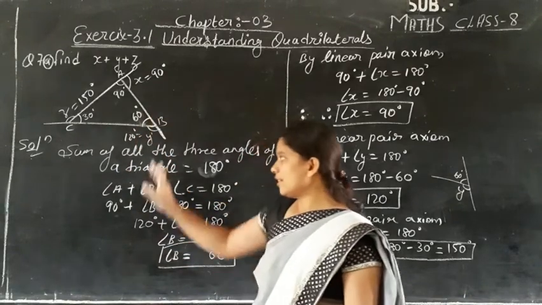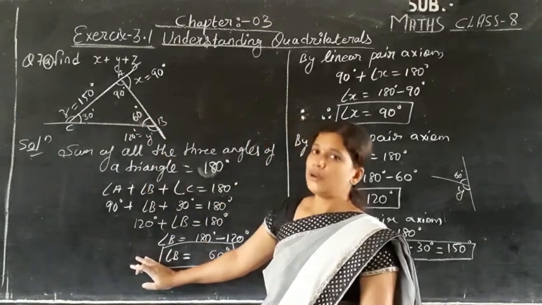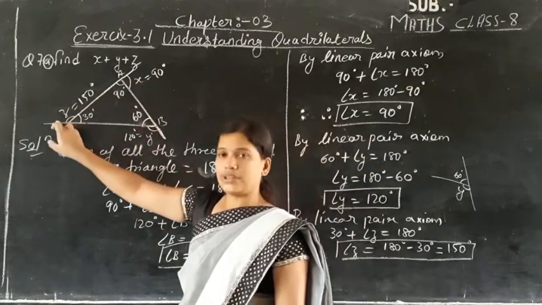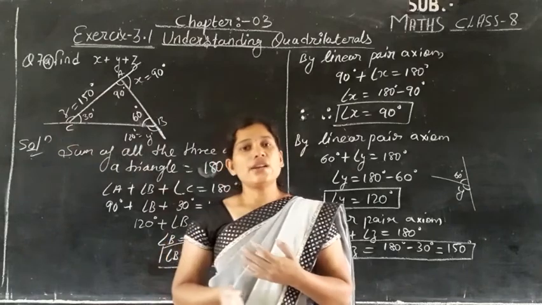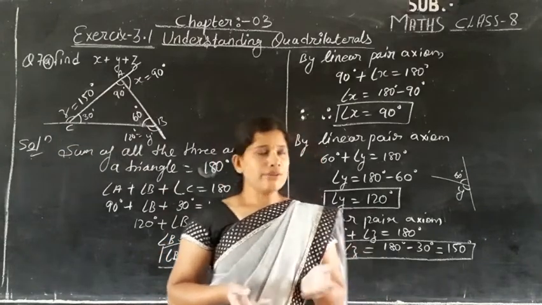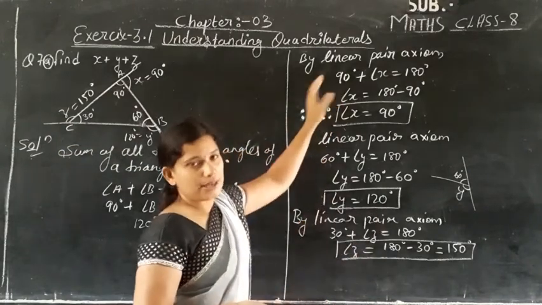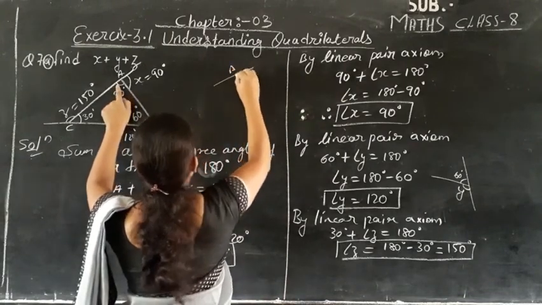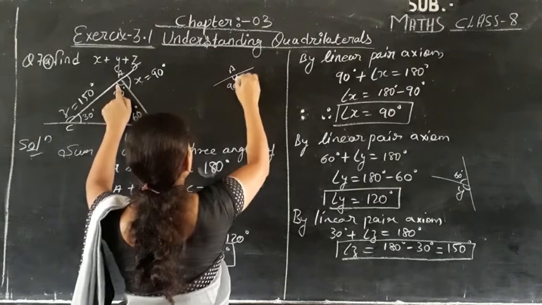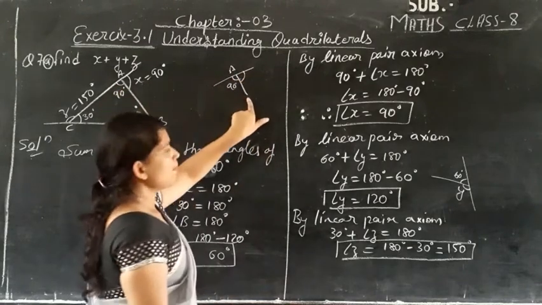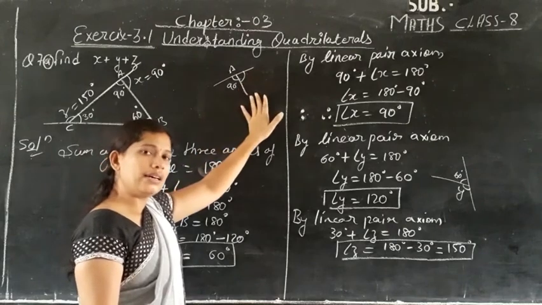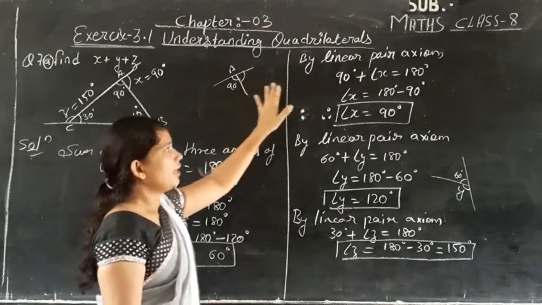Then, since now we are talking about the exterior angle. When we found this part of the solution, we were talking about the interior angle. Now we are going to see the exterior angle of the triangle. When we talk about the exterior angle, we are going to use the linear pair axiom. Why is it so? Because suppose this is a part. Here is an angle 90 degrees and x. So whenever a perpendicular is drawn on a straight line, there we can apply the linear pair axiom.